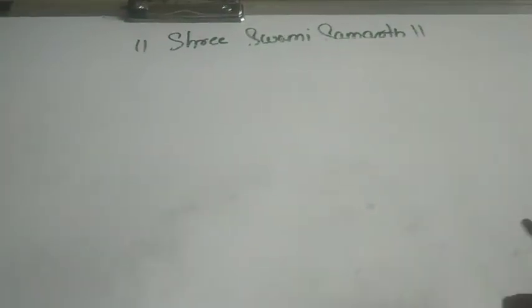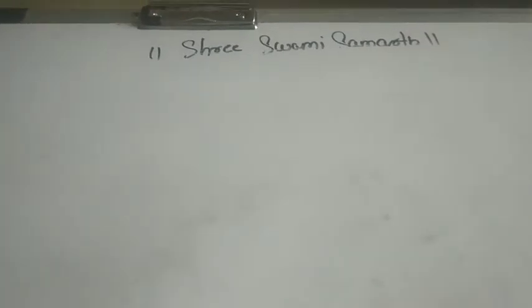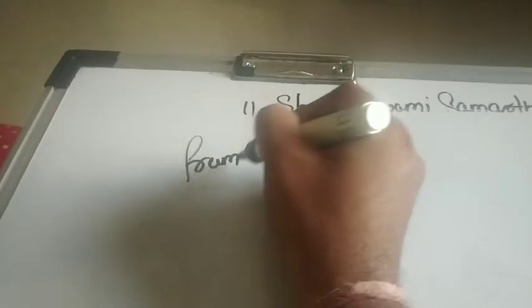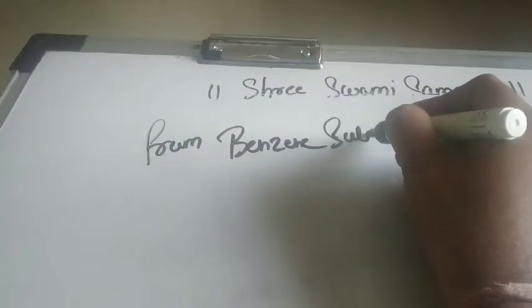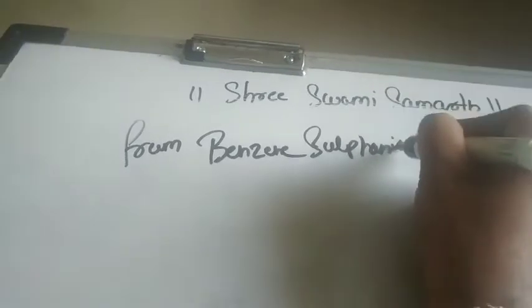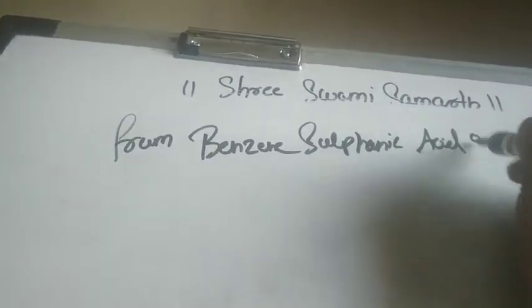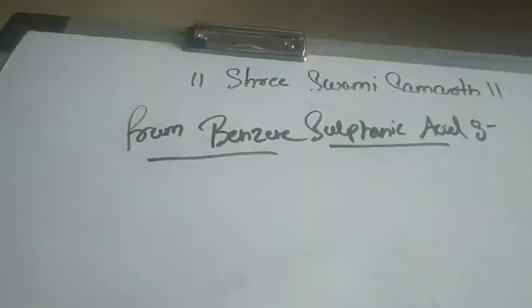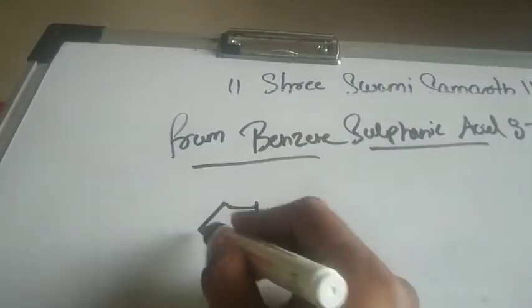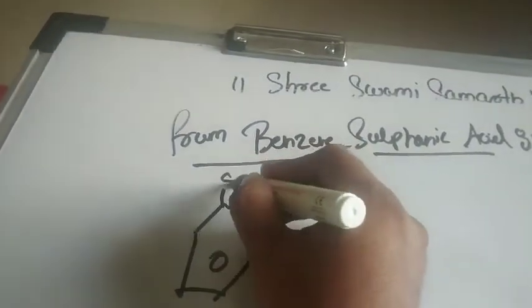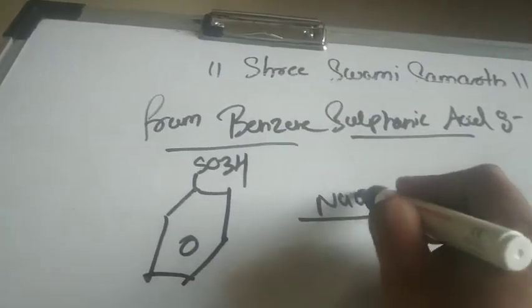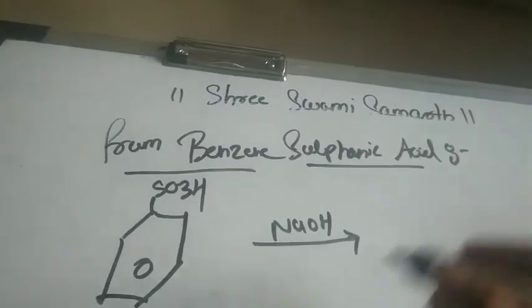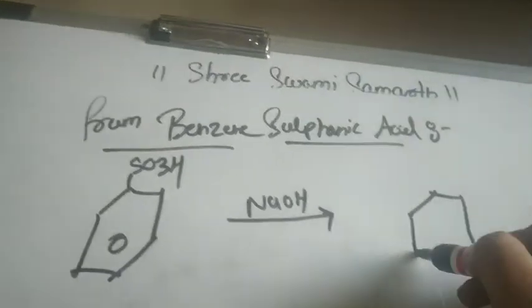Okay, so we are going for a third method, that is from benzene sulfonic acid. This is also a very simple method for preparation. What we are going to do, we are going to take benzene sulfonic acid and treat it with the alkali NaOH, right? So this particular compound is formed,